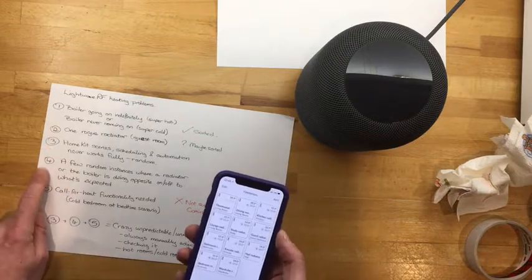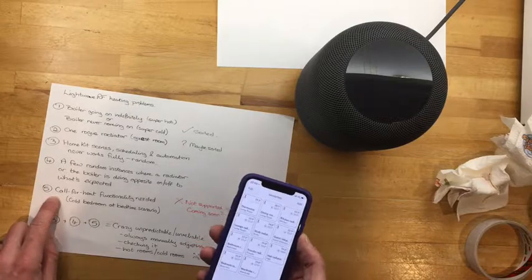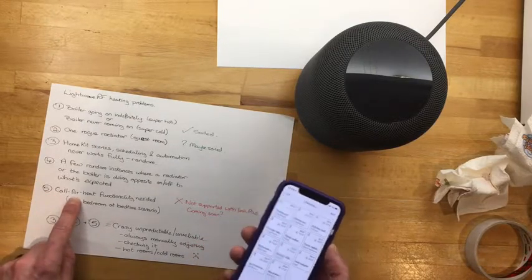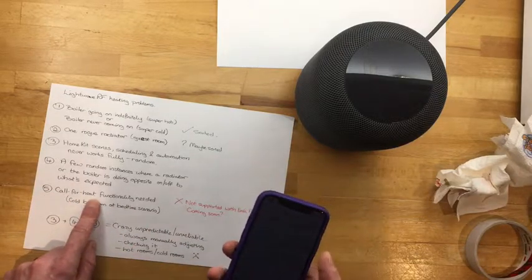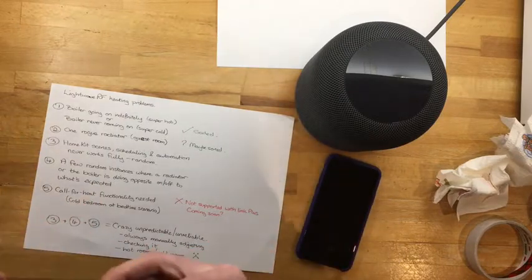So if you layer that on top, there's a few unreliable times when it's just doing the opposite behaviour. And then the fifth one is that, and I spoke to the person at Support about this, and he reckons that it's coming soon, but this call for heat functionality is really needed. This is where it's not really behaving like what I'd expect it to do for this sort of smart heating